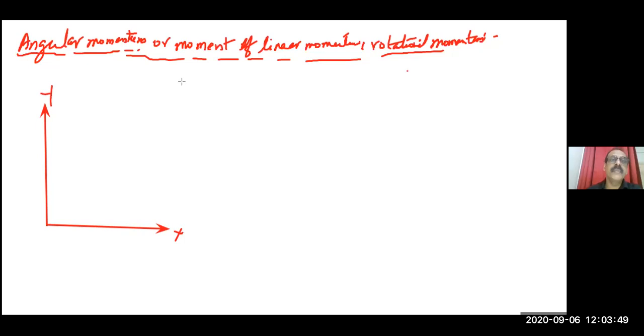Now here you see, this again is the position vector of a body. Previously we marked force in this direction. Now I am going to mark P, linear momentum. P is equal to mv. That means when this object is traveling along a straight line, P is equal to mv. Now moment of momentum we can prove like this. Extend this line, same way. Line of action of linear momentum.